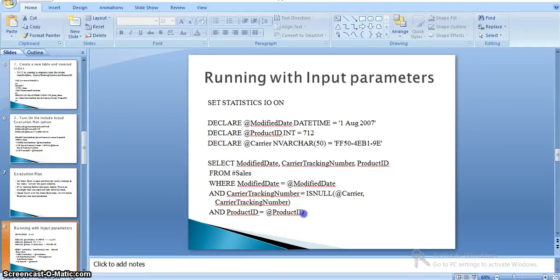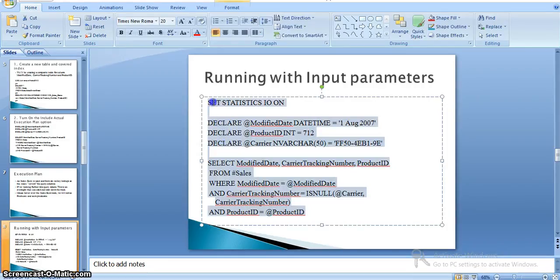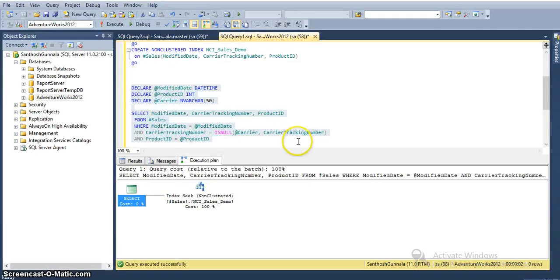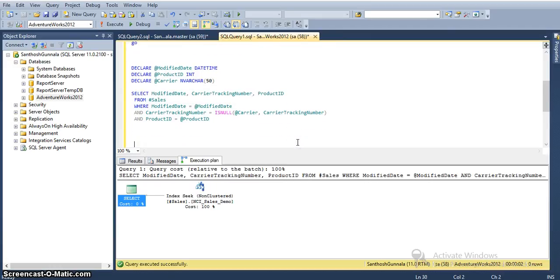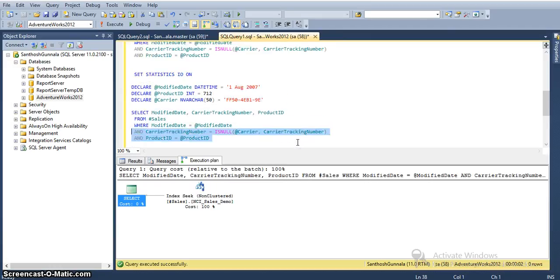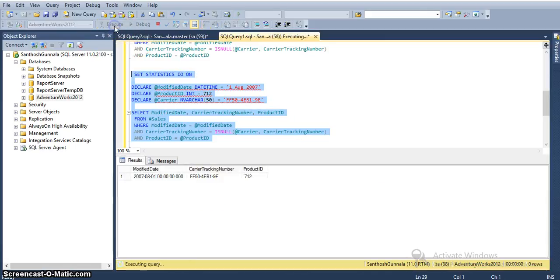So this is the query I am copying, and also I am enabling the statistics IO on. Okay, it returns a single record, that is 712, and again see the execution plan.